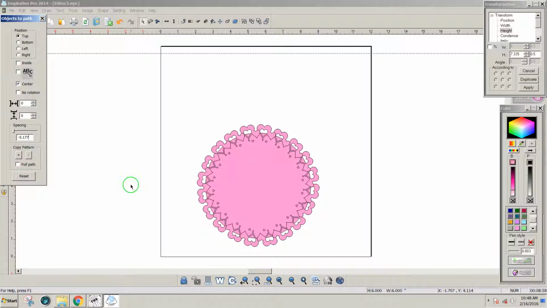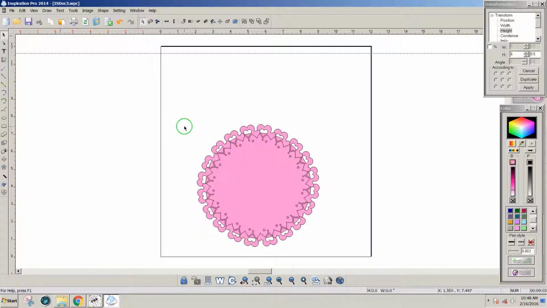And when I'm done with that, I'll just close the window. And I have my design here. Now what I want to do is resize this circle just a little bit, because I would like it to overlap the points of the hearts, but not the opening in the heart. So I'm going to resize it down. I think if I resize it to 4.6 inches on the height, 4.6, enter,